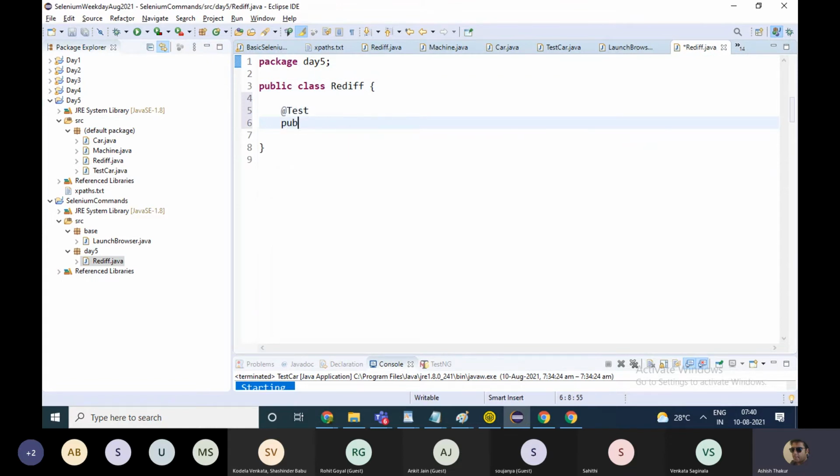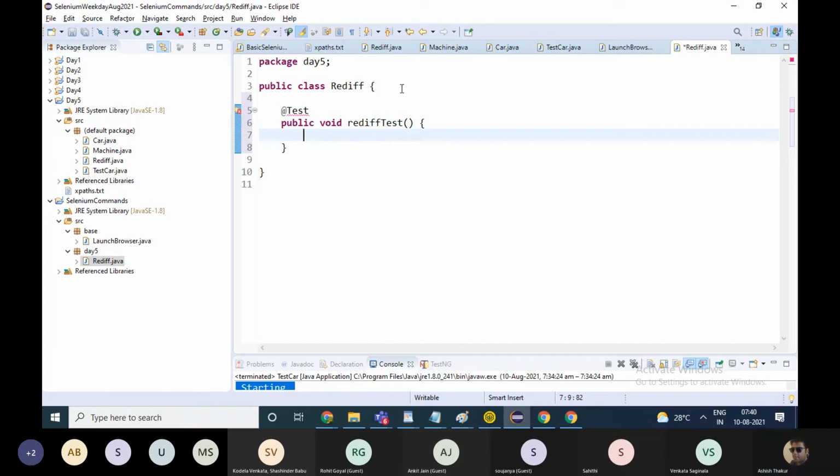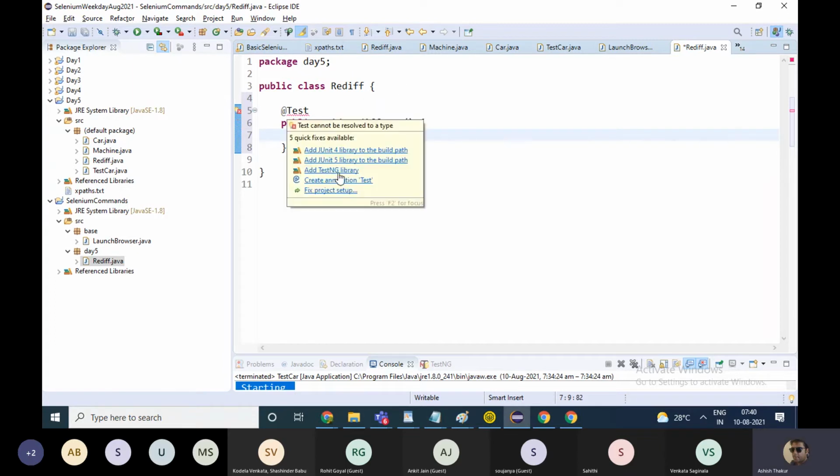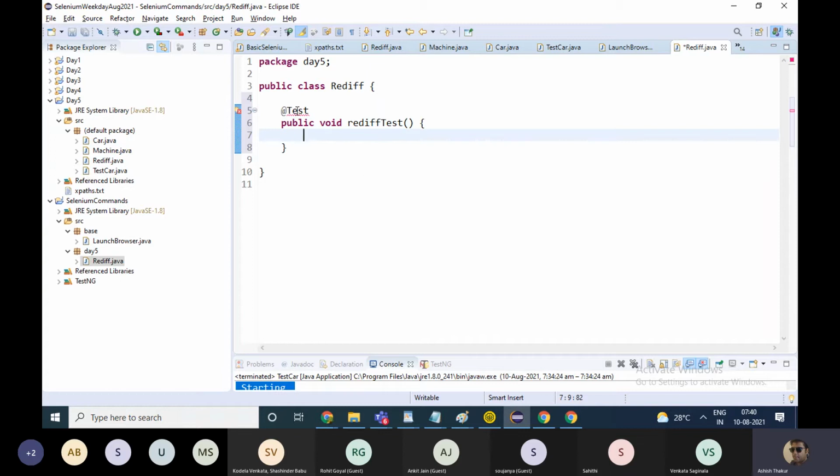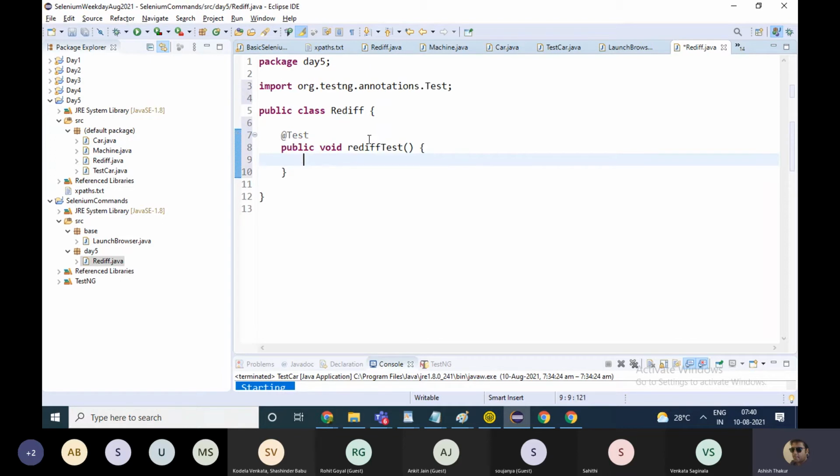I had taught you how to install testng. So we'll just make a new test case known as rediff test. Right. I add the testng library, import it.